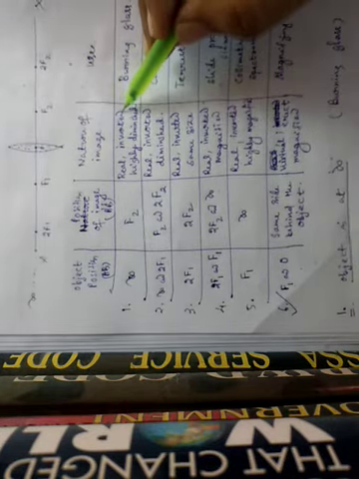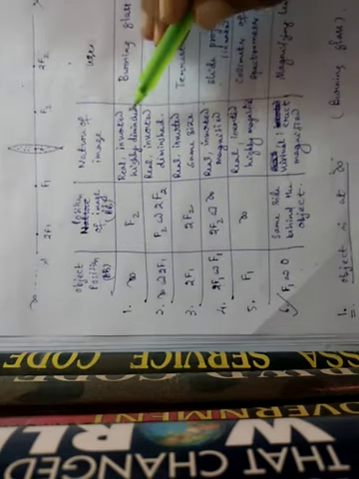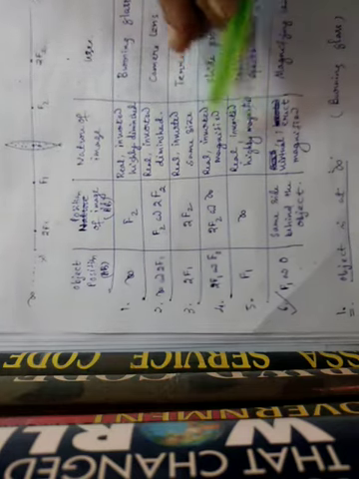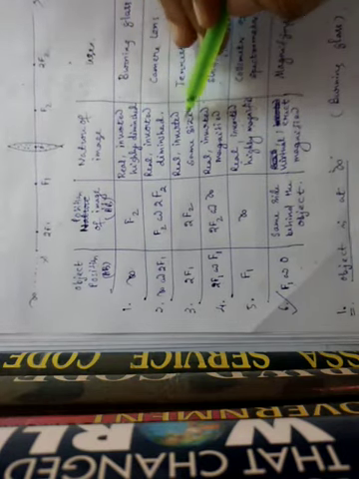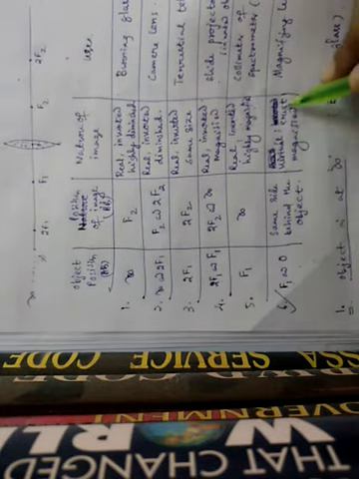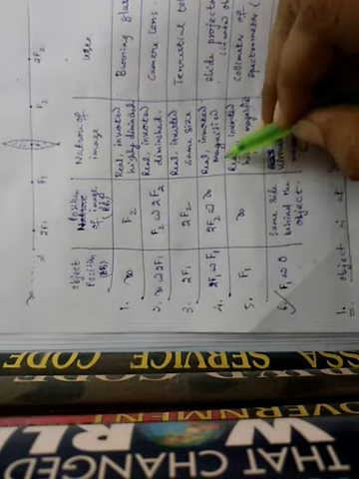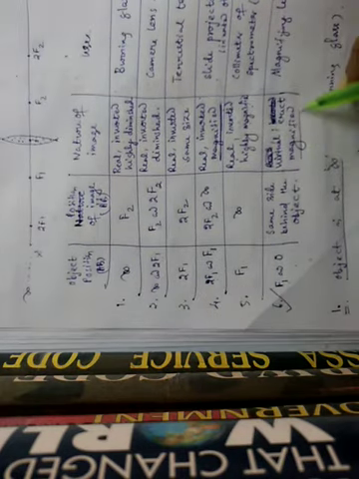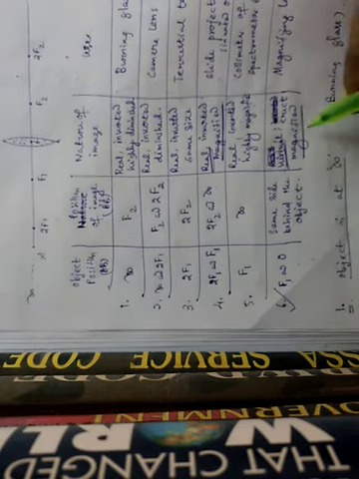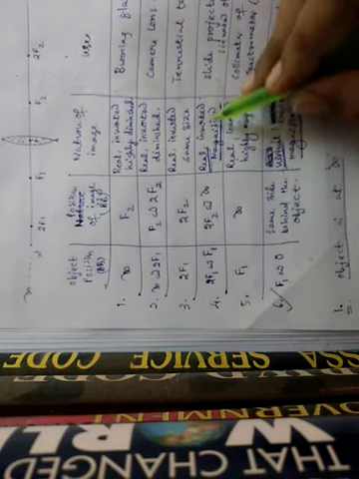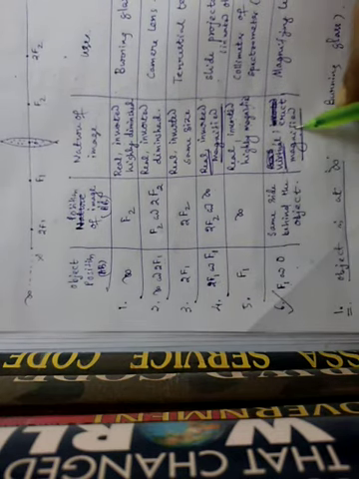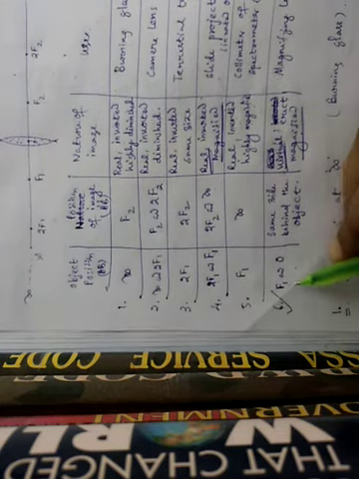So continuously from position 1 to position 5, the images are all real and all inverted, but the size of the image continuously increases. And for the last one, the image is virtual, erect and magnified. Here you remember there are two types of magnified image: one is a real image and the other is a virtual image. A real magnified image is formed when the object is between 2F1 and F1. A virtual magnified image is formed when the object is between the optic center and the first focus.